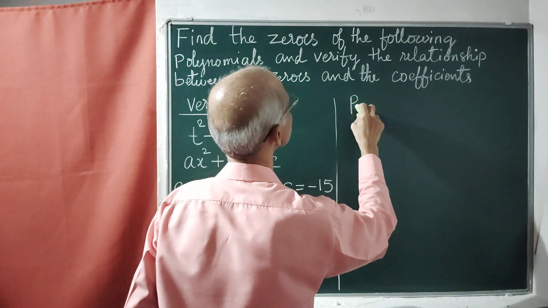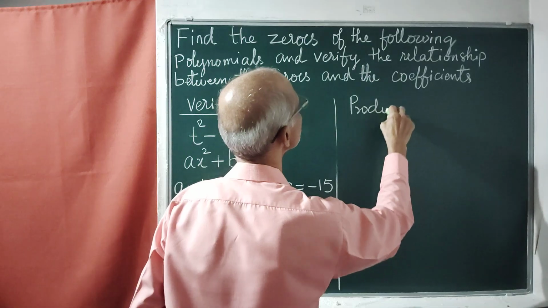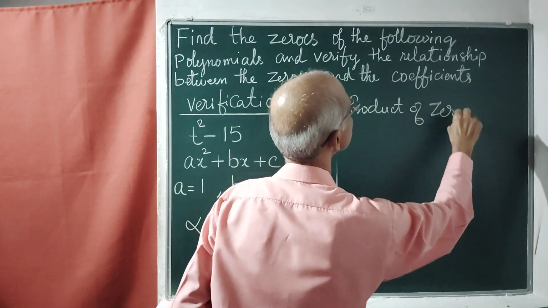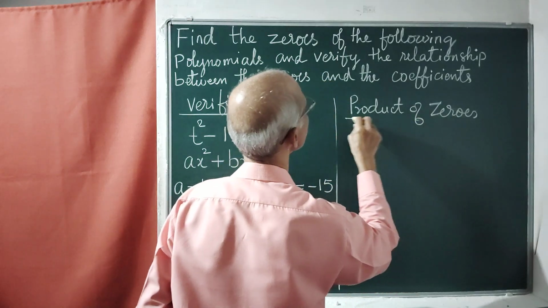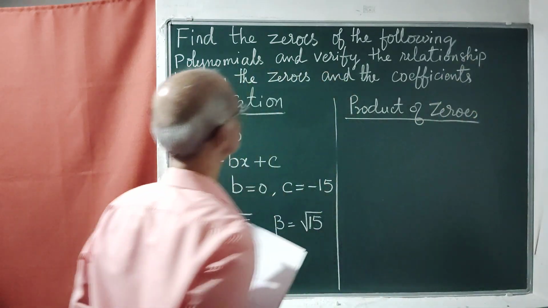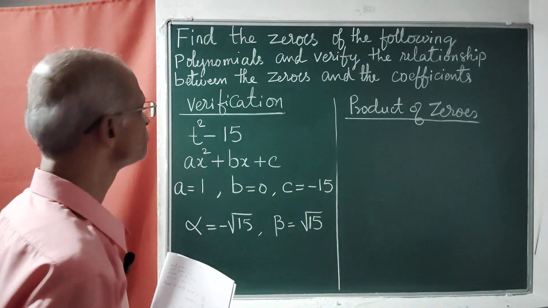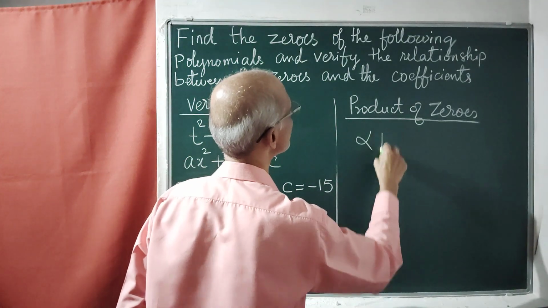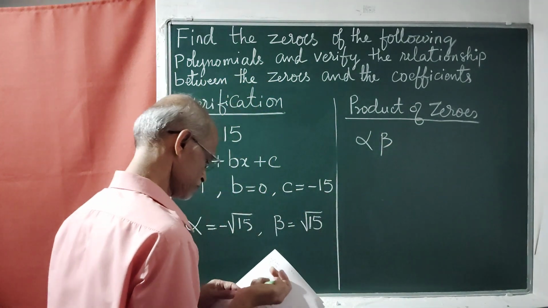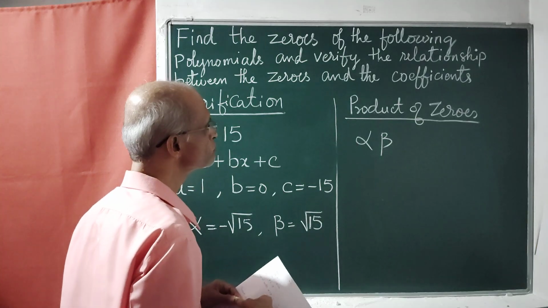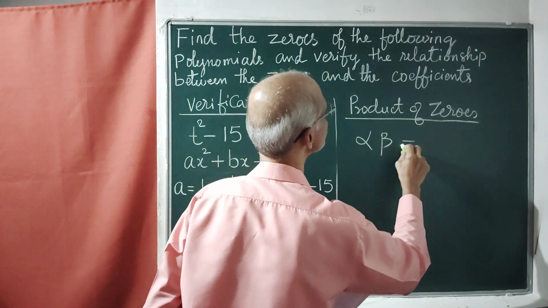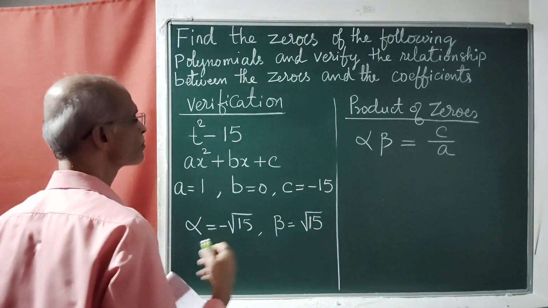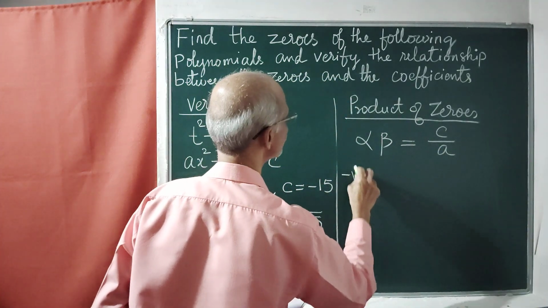Product of the zeros. Alpha into beta is equal to C by A. So alpha into beta will be minus root 15